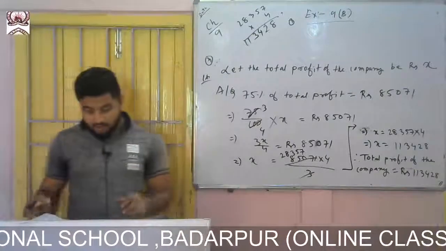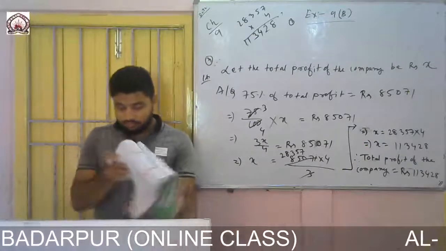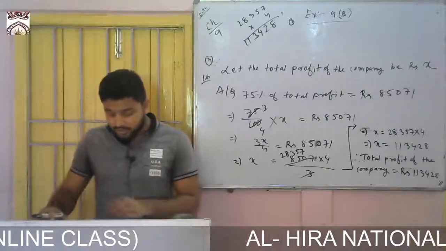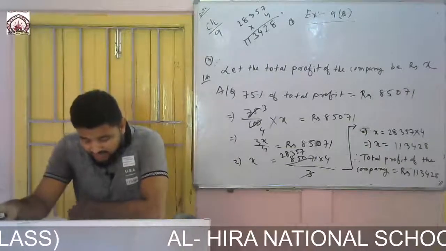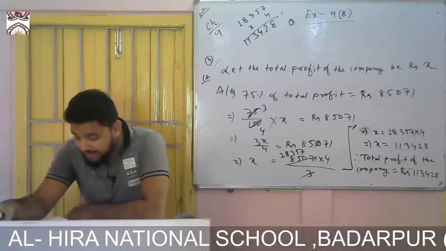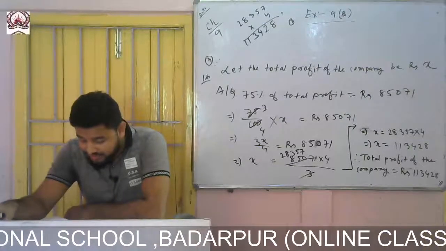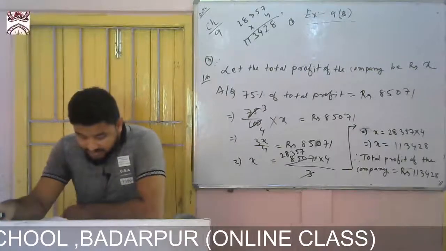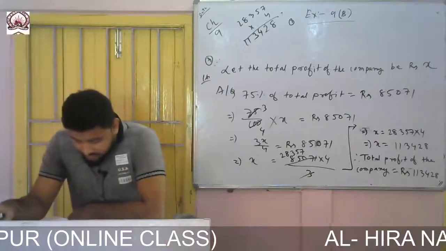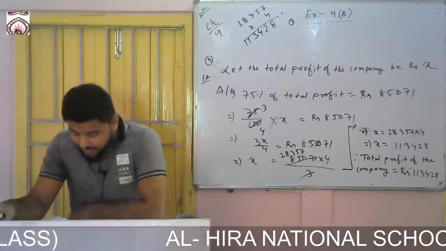Okay, now come to question number 17. What is given? You see, question number 17: a man left 25% of his money to his mother, 55% to his daughter, and the remaining 9,000 to his brother. How much money did he leave? Find the share of his mother and daughter.